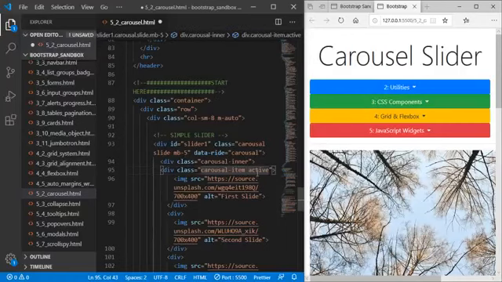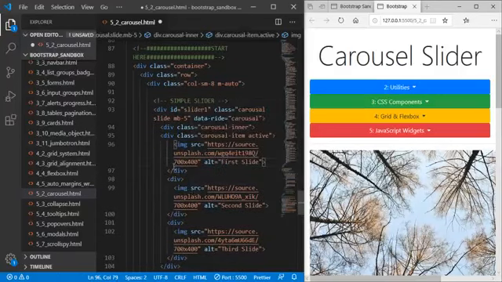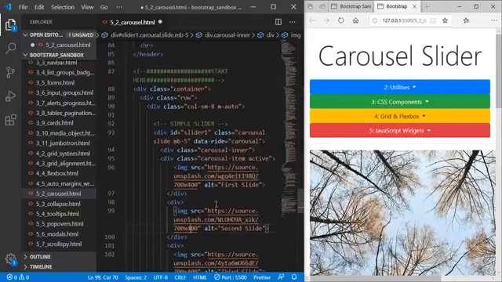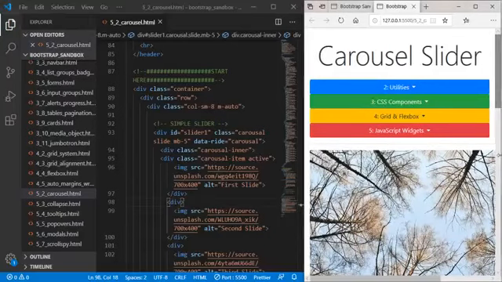Okay, what is this active? Basically active is when you get to a website, it's the first image that comes in that carousel. So if I make this image as an active, that is this one image, this would be the first image that when you load the website it will pop up. If I give this image the class of active, this would be the first image that pops up when you refresh the page. So let's save this code, and now you can see that,